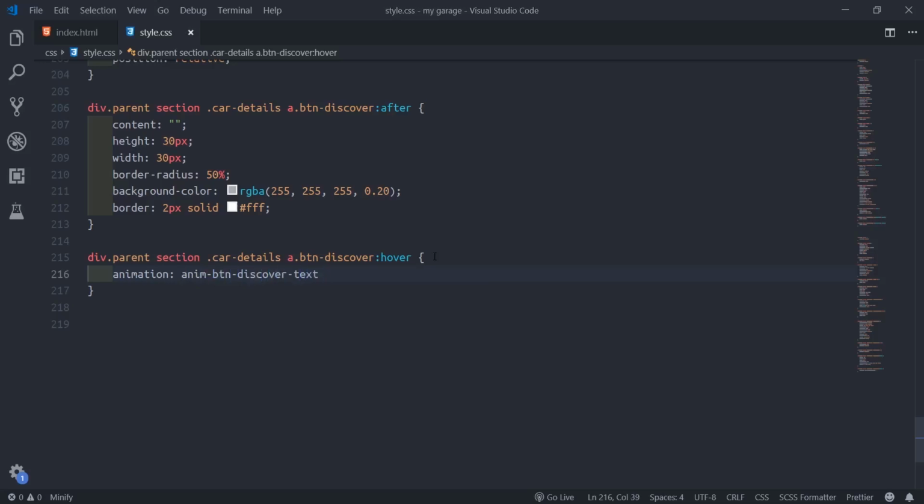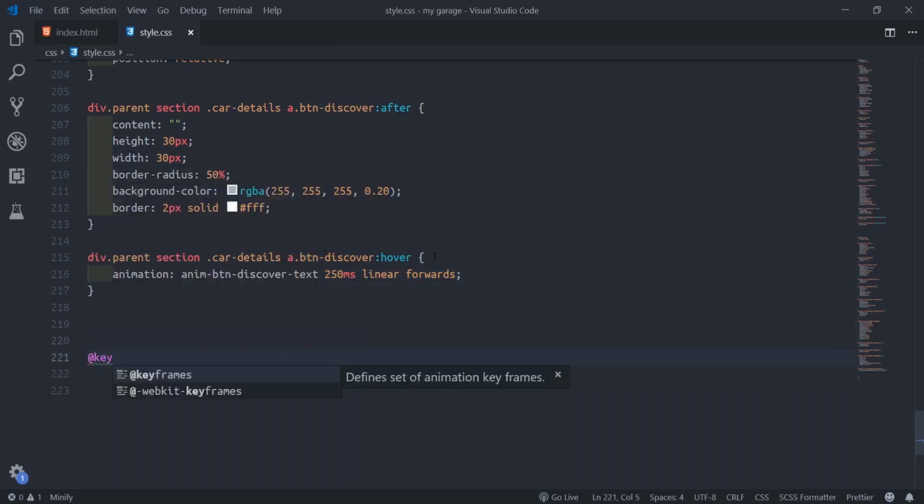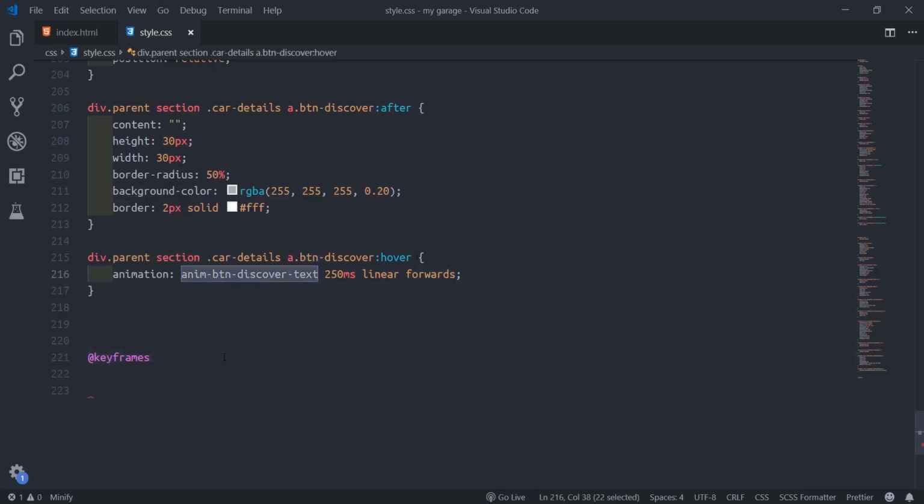Then the animation could be 250 milliseconds, linear, forwards. With forwards, by the time it reaches that state, it will not come back again. Then I'll write keyframes of this animation.